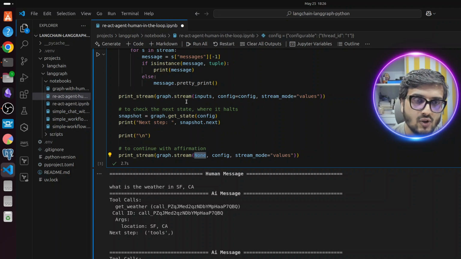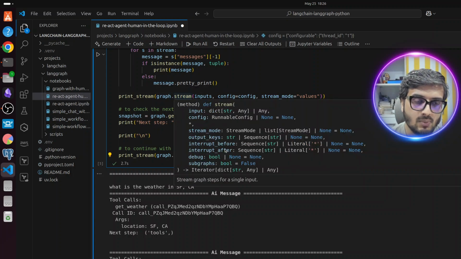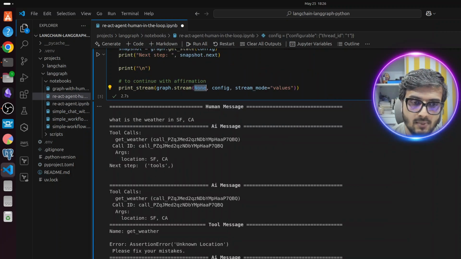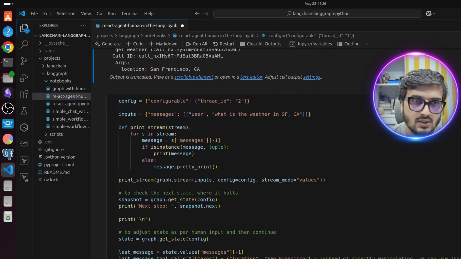So instead of using graph.stream, you can still make use of graph.invoke. This is just for illustration purposes. You need to see what is happening. You can make use of graph.stream. Okay? And then we have the second case where we are